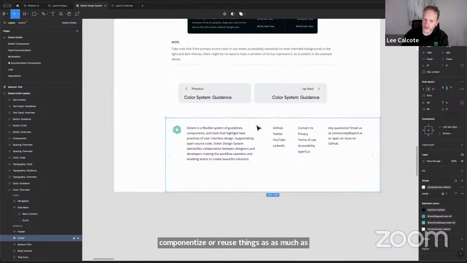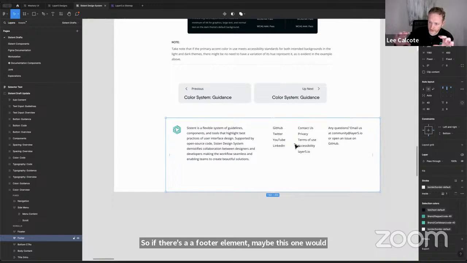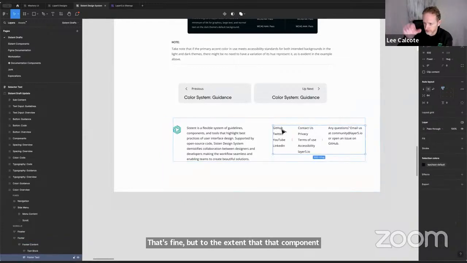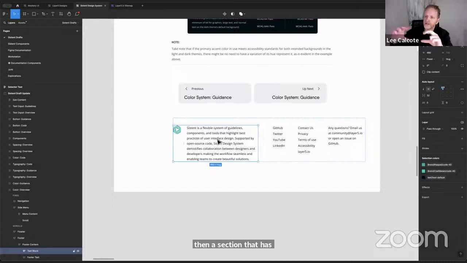If there's a footer element, maybe this one would literally not be the same footer as layer5.io. That's fine. But to the extent that the component itself is reusable, like a columnar format with a list of links and then a section, to the extent that those things are reusable, it becomes